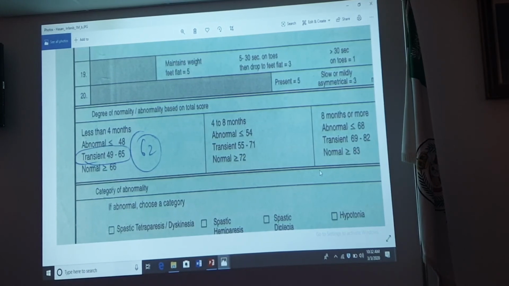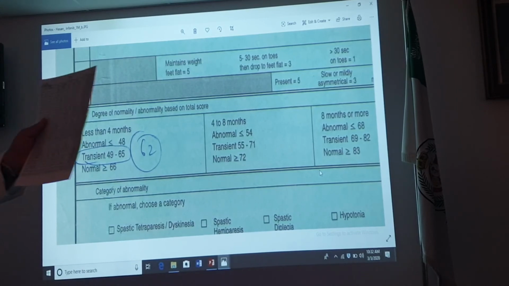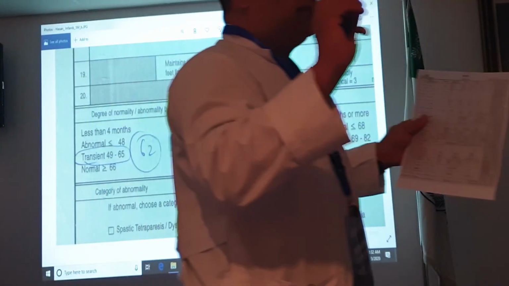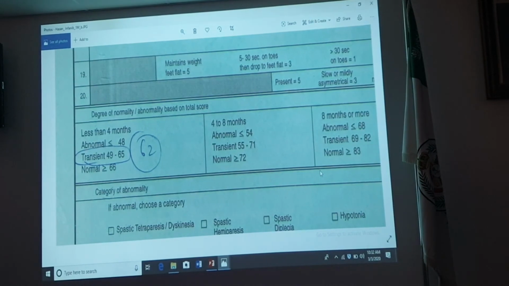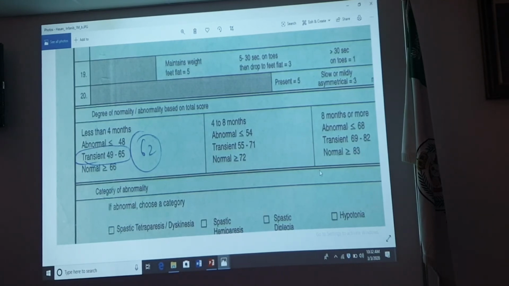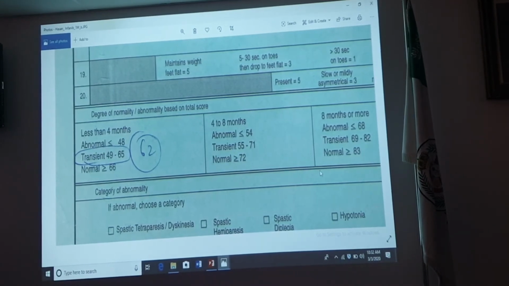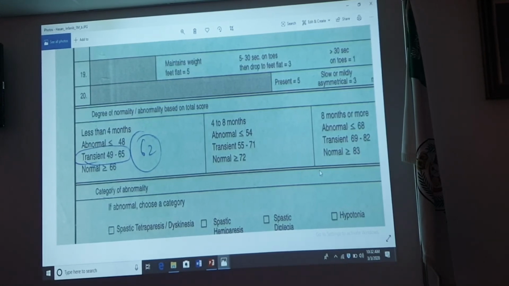For a child to be normal, the child should get the maximum score. Clear? That concept is clear? Say yes or no. Yes. So now, for the child to be normal, the score shown here is more than 66,